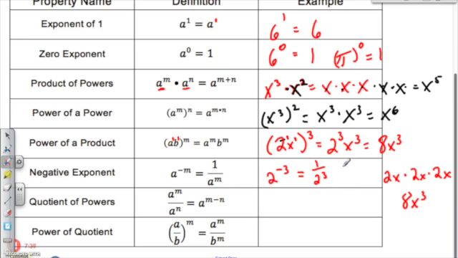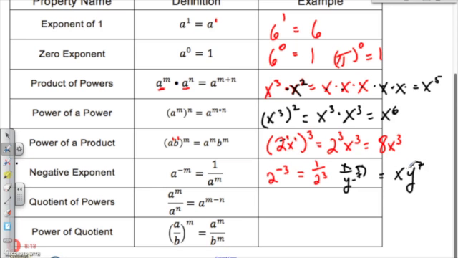It also works the other way. If you had something like x over y to the negative 7 power. Well, that negative 7 power is telling you that it's in the wrong location. So you would need to bring that up to the top of your x, or to the top of that fraction. So what you would be left with then is x times y to the positive 7 power,